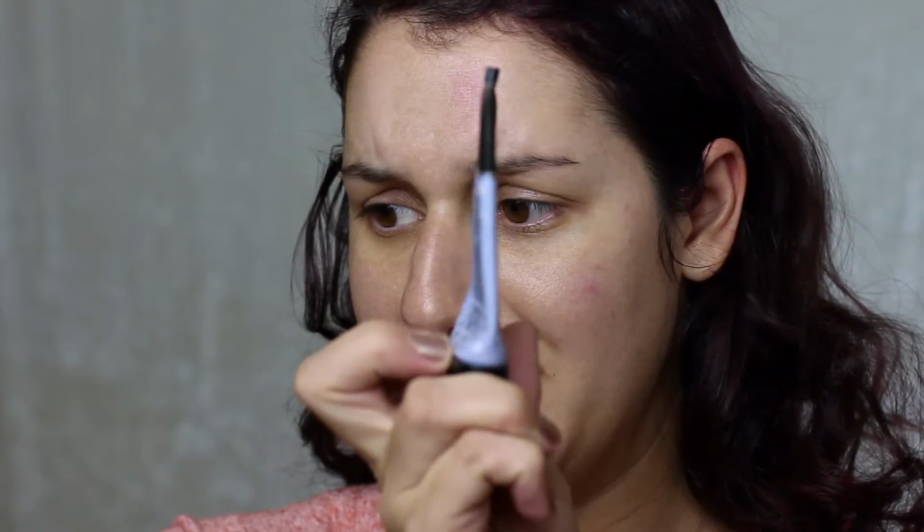So I don't have any new primers to use, so I'm just going to use one that I use on the daily, the Smashbox Pore Minimizing. I'm almost out of it. You guys, I'm getting to a point where, let's be real, I still buy makeup, but I really don't buy a whole lot of it anymore. At least not like I used to. Now I buy one thing at a time. So because of that, I'm starting to run out of things like that primer. And it's kind of freaking me out, giving me anxiety. I know it sounds so stupid, but